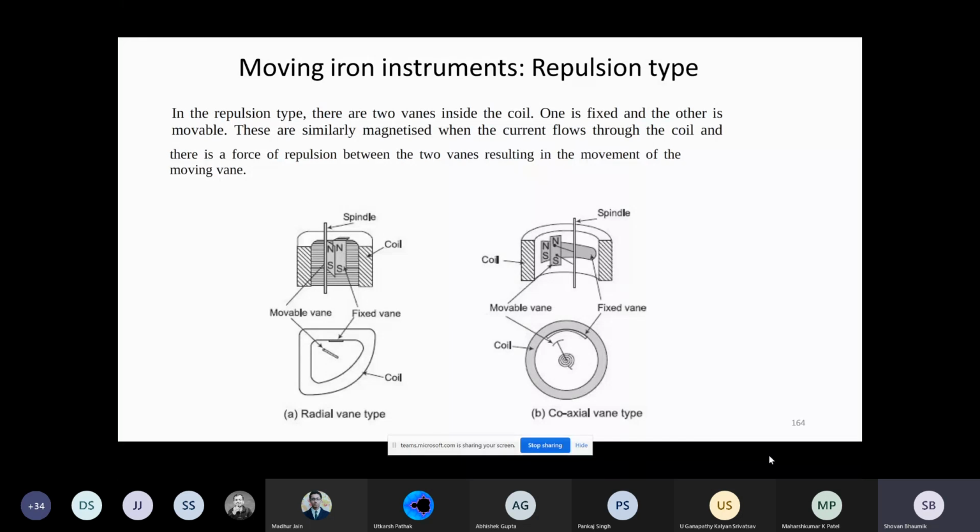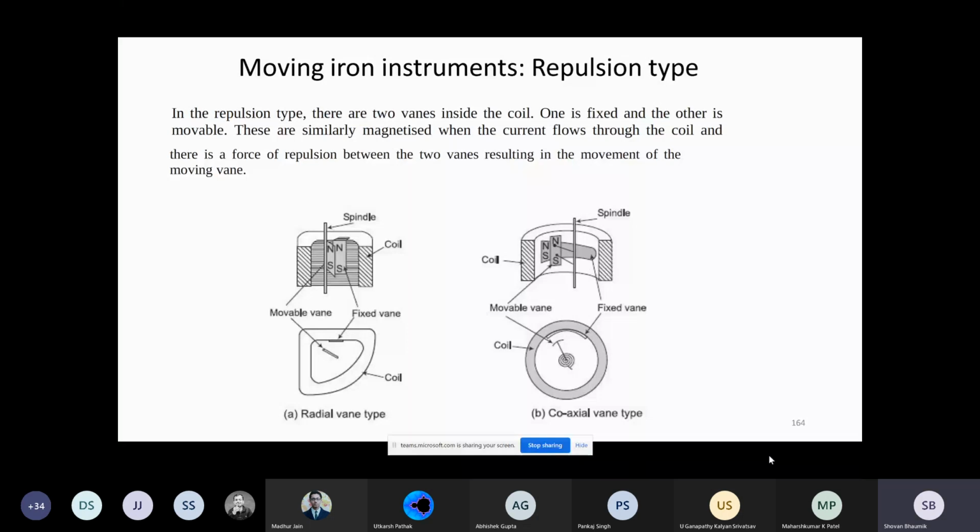So the current carrying coils are wound in such a way that the magnets produced in the fixed vane as well as the moving vane will be of the same polarity, and they are repulsive in nature. You can see that two figures are there. One is radial vane type, another is coaxial vane type. Whatever be the case,